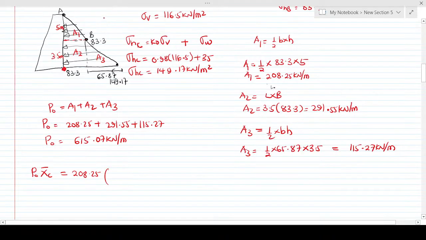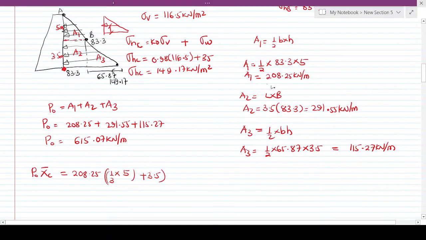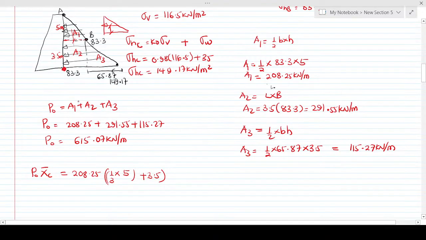This triangle, we are coming down from its centroid, which is 1/3 times its length, which is 5. But we have not gotten to the point where we are taking the moment, so plus the distance, which is 3.5. So this will only bring it here, so you need to continue. Then plus